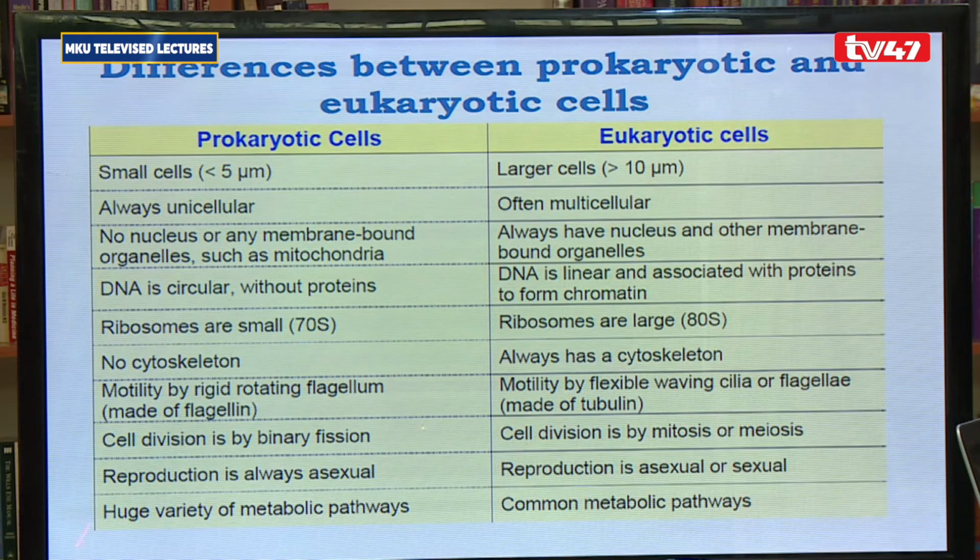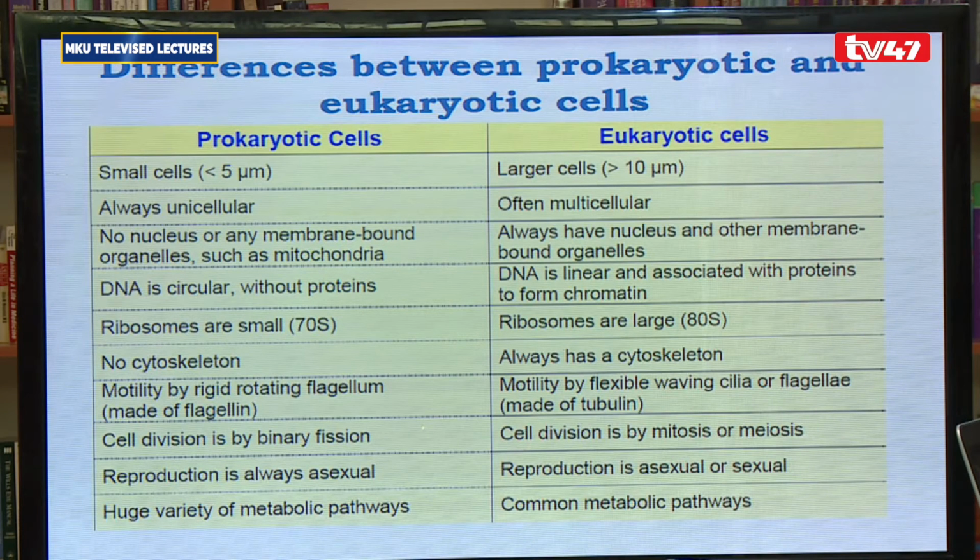In prokaryotic cells, cell division is by binary fission. The cell just divides into two. But in eukaryotic cells, cell division is by mitosis or meiosis. We are going to see what we mean by those two. But these are elaborate cell division processes which are very accurate to try and ensure that the DNA being transferred from one cell to the new cells the number is accurate. So we are going to see how that process happens and how the division is very accurate, which we call